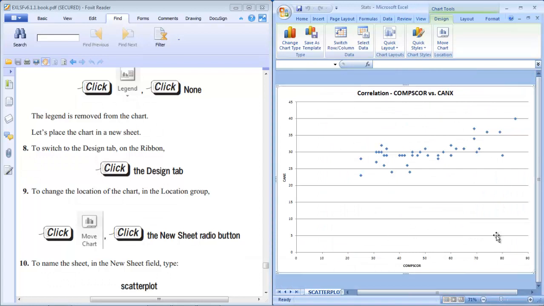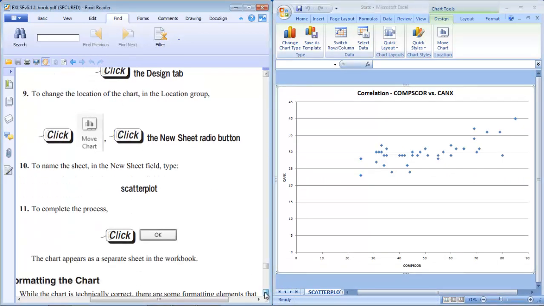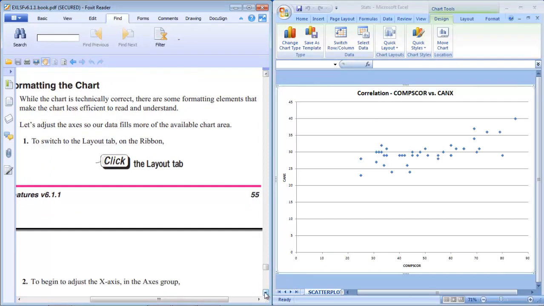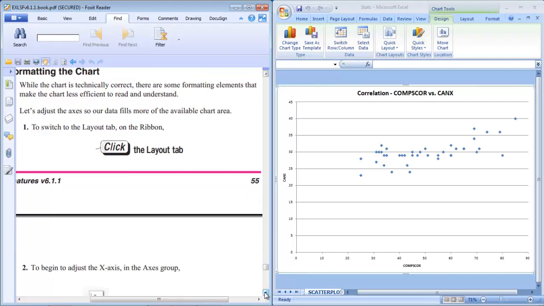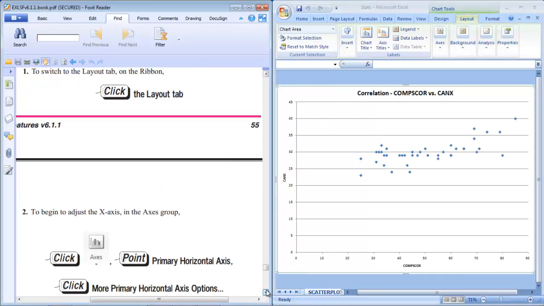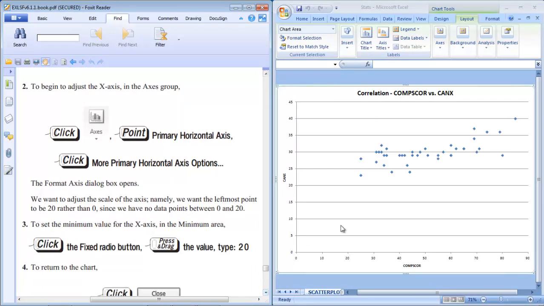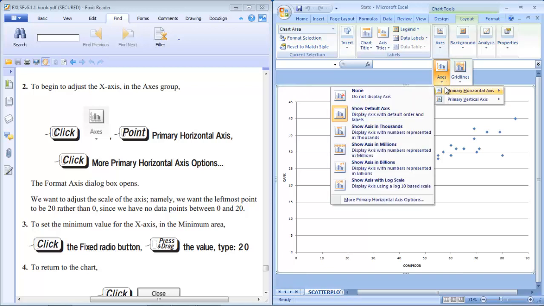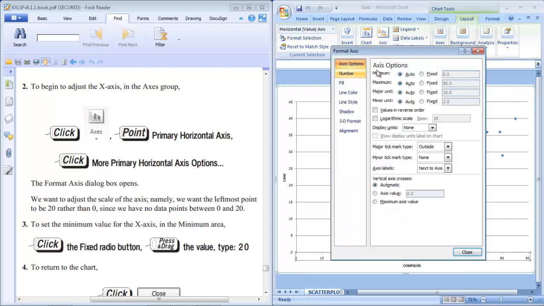Okay, after having it in another worksheet, now let us format the chart. To switch to the Layout tab of the ribbon, press Layout. After having the layout, let us adjust the x-axis. Since you have no dots before 20 in both variables, independent and dependent, we would like to remove this space. So just go to Axis and select Primary Horizontal Axis, More Primary Horizontal Axis Options, and